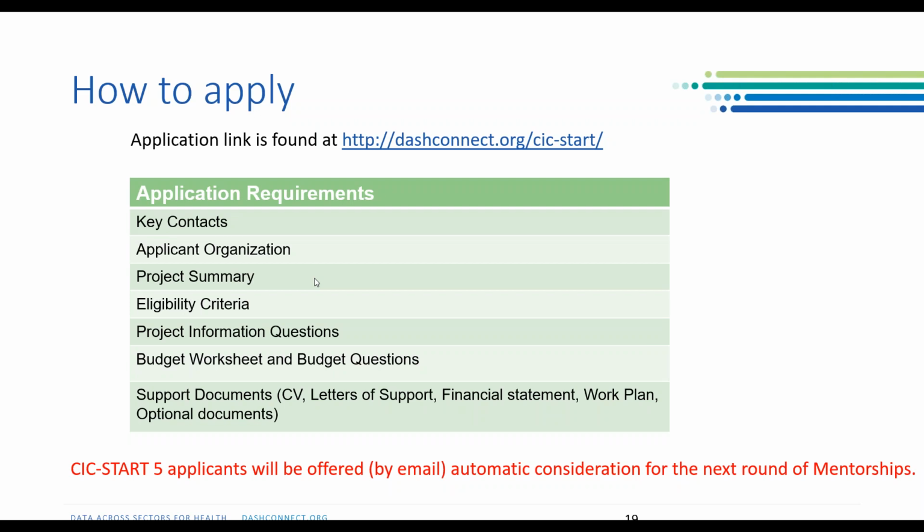The application requirements are listed. There are 7 major sections. I highly recommend looking at the A&R system, which is what the Robert Wood Johnson Foundation system is called, early on to figure out how to add some collaborators, so it's not just all on you to be uploading things, or in case anything should happen at the last moment and the person leading the application is not available to just hit submit. Make sure you have some collaborators who can help out. I would recommend looking at the project information questions, which are the narrative ones and probably need the most thought